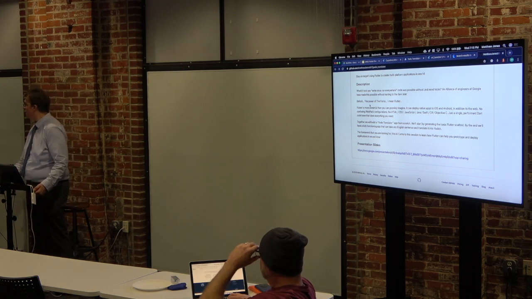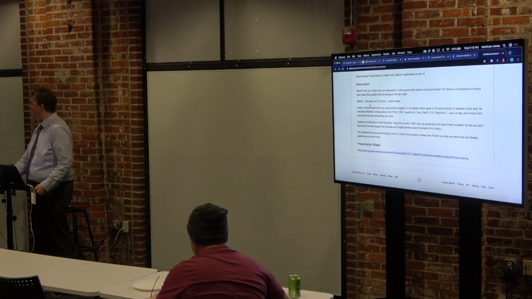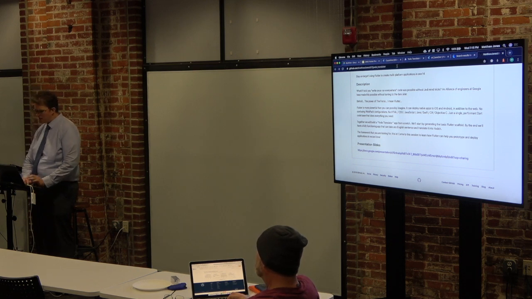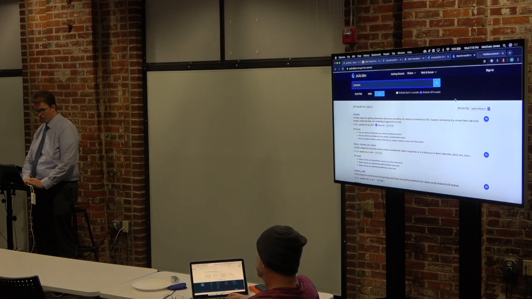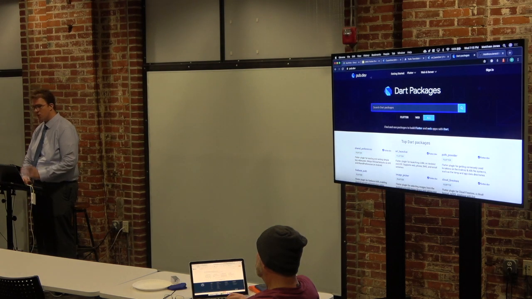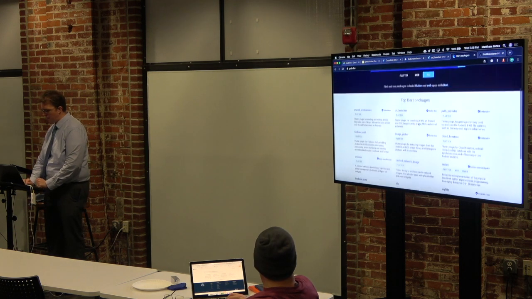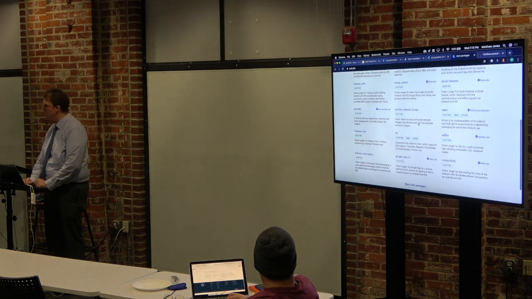Yes. So the pub.dev site, is that just for Flutter things, or is that for Dart packages? I believe it's Flutter specific. Flutter specific? I could be wrong. I think it says Dart. Yeah, no, it does. It says Dart packages, so it's Dart. Most of them are for the Flutter framework, so their tag is Flutter, but I think that there's Dart stuff in there as well.